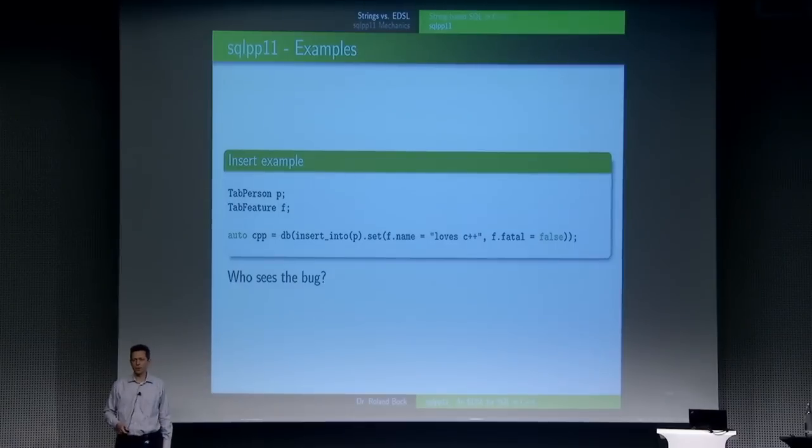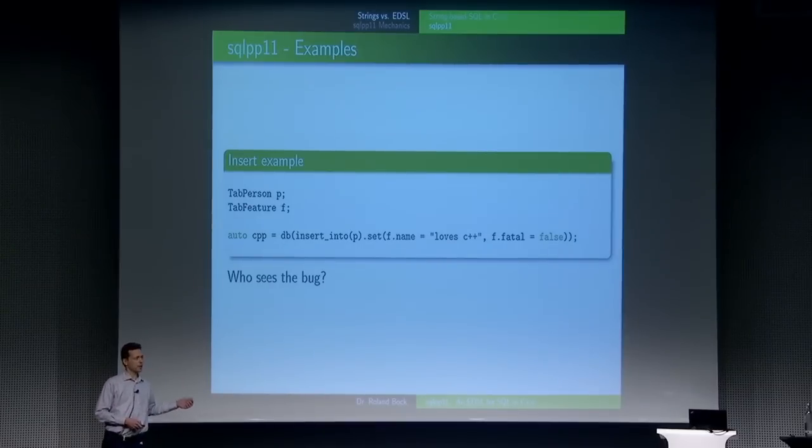You're actually inserting into tab person instead of feature. Right. Okay. I'll repeat that. The table is inconsistent with the columns that I'm using. So here we have person, there we have feature. That won't fit, right? And so I'm doing stupid mistakes just for demonstration purposes, because we are doing all kinds of stupid mistakes also